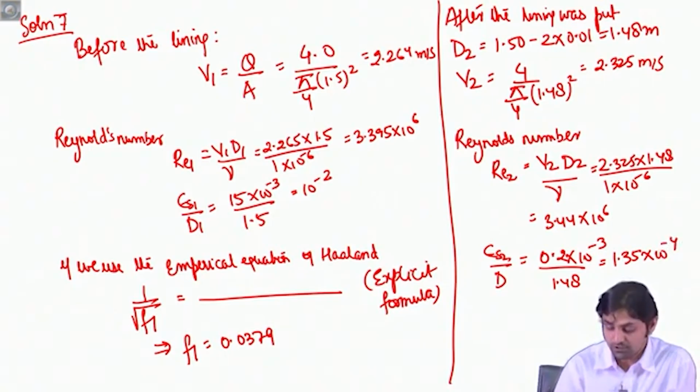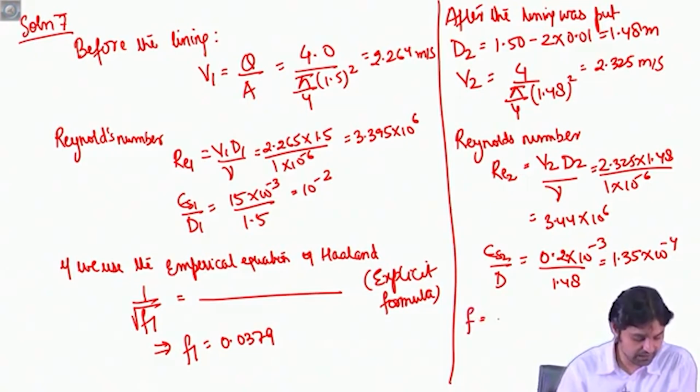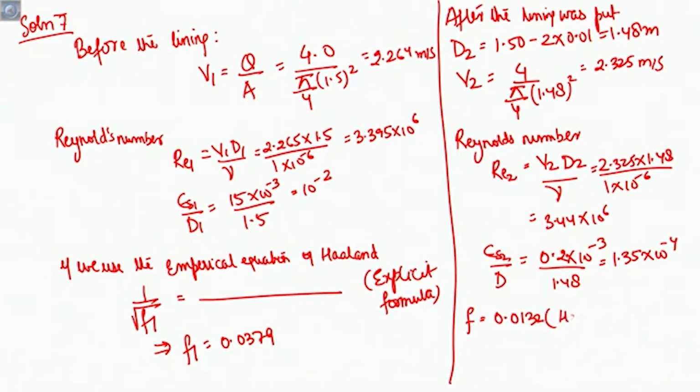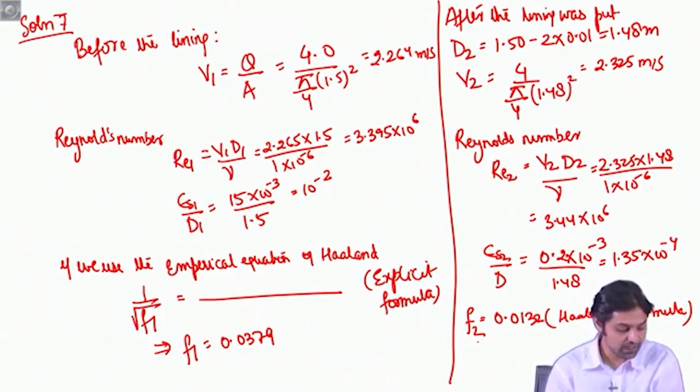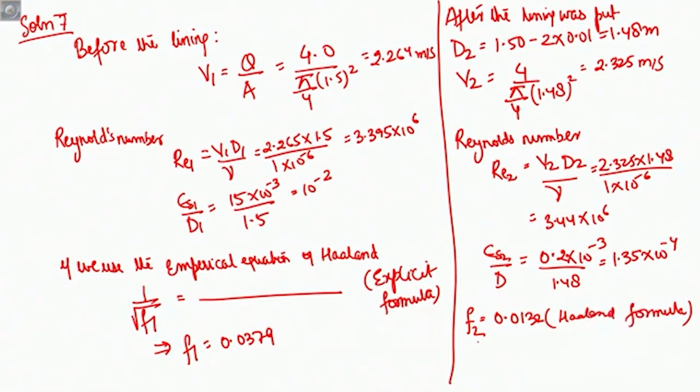All right. So, similarly, using the Haaland formula, you can calculate that F will come out to be 0.0132. So, now we have calculated F1 and F2. F1 is the friction factor before the lining was put, and F2 is the friction factor after the lining was put. So, to continue further,